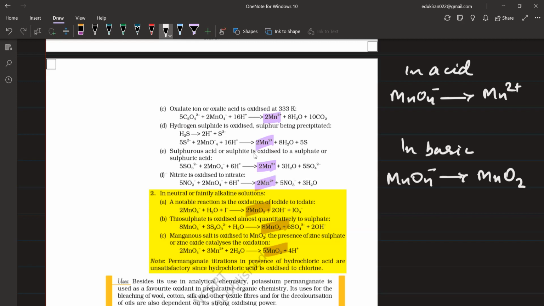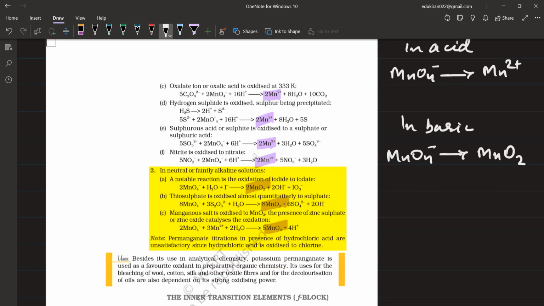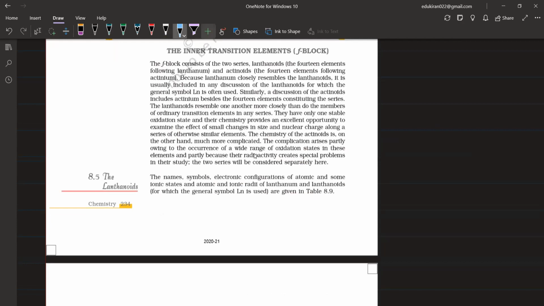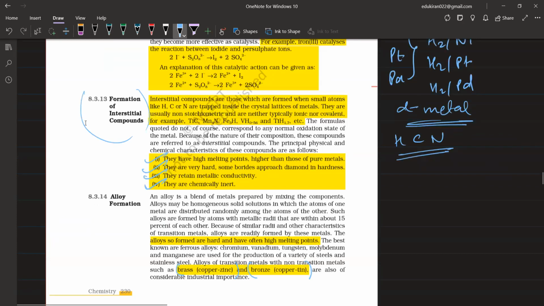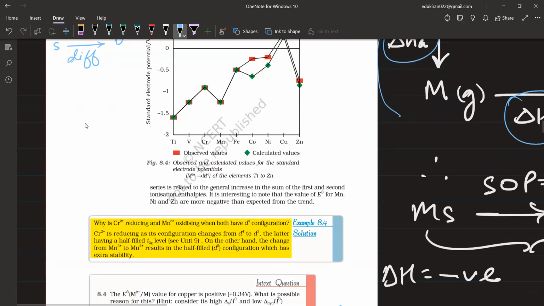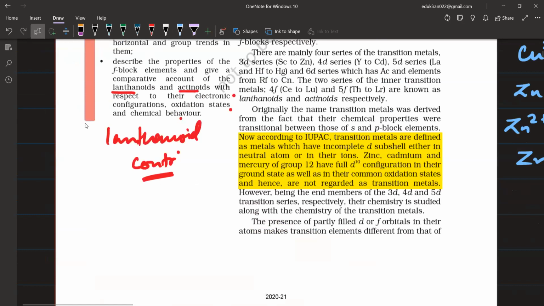ओके, नेक्स्ट वी हैव दी एफ ब्लॉक एलिमेंट्स। है ना, एफ ब्लॉक एलिमेंट्स में हम आपको सच में बता रहे हैं, आप बस क्या क्या पढ़ के जाइए। जनरल इलेक्ट्रॉनिक कॉन्फ़िगरेशन देखिएगा। सेकंड में यू आर गोइंग टू लुक एट द लैंथेनाइड कंट्रैक्शन। बेसिकली आपको लैंथेनाइड कंट्रैक्शन एक पार्ट है, एंड बेसिकली व्हाट यू हैव टू डू, लैंथेनाइड और एक्टिनॉइड्स में डिफरेंस, ये चीज, इलेक्ट्रॉनिक कॉन्फ़िगरेशन, ऑक्सीडेशन स्टेट और केमिकल बिहेवियर, एक बढ़िया सा ऐसे बना लीजिएगा सबके डिफरेंसेस का। ओके, दैट इज इनफ फॉर योर एफ ब्लॉक एलिमेंट्स एंड लैंथेनाइड कॉन्ट्रैक्शन।